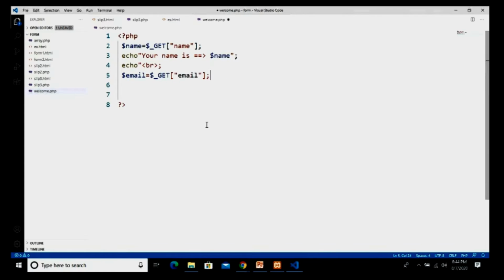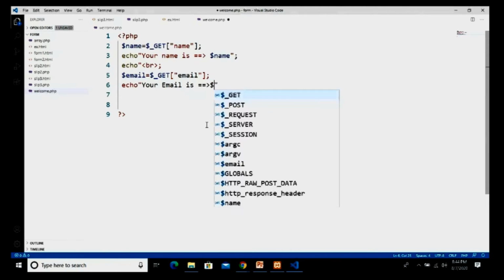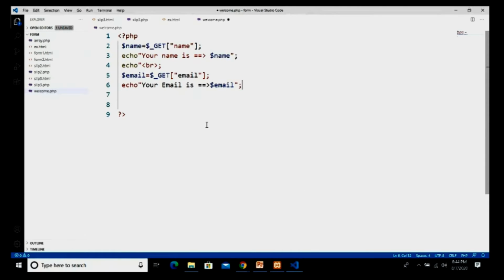And in echo I will write, your email is, dollar email, ending with a semicolon. I will just save my program.